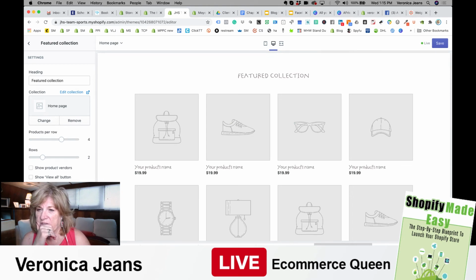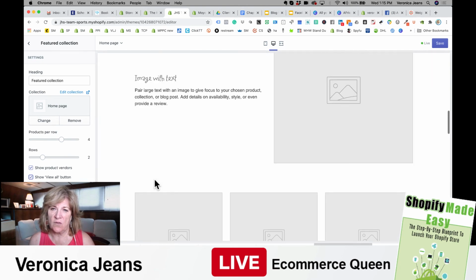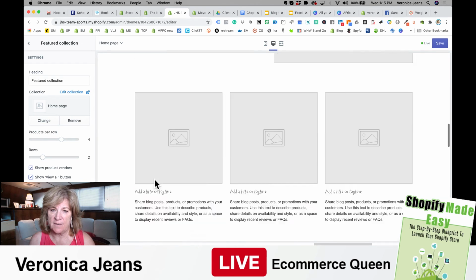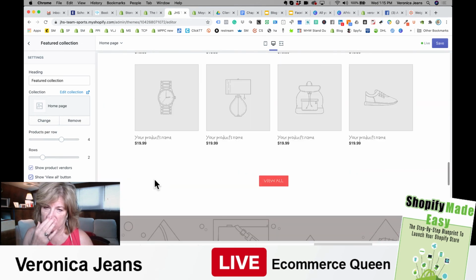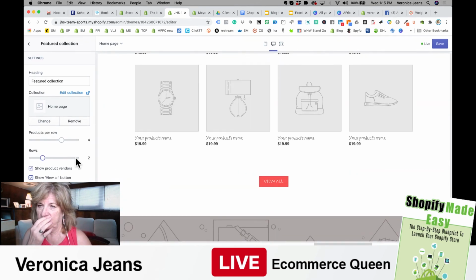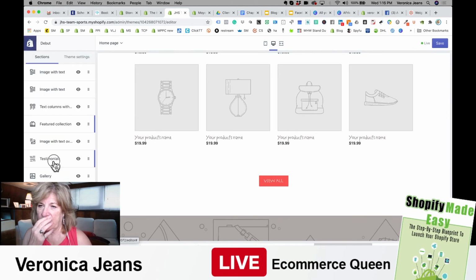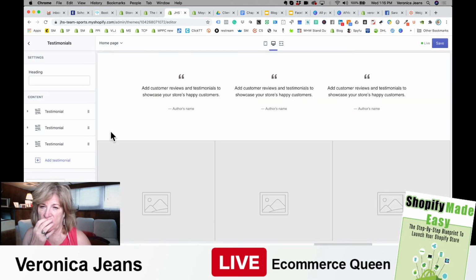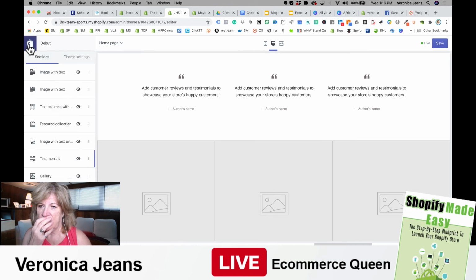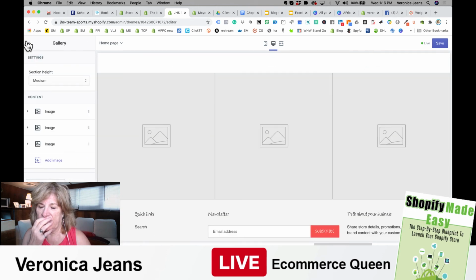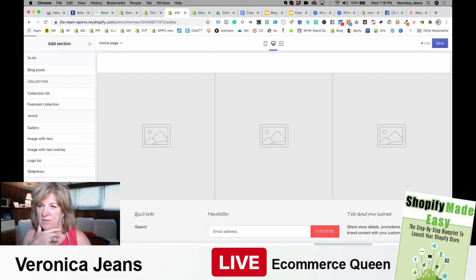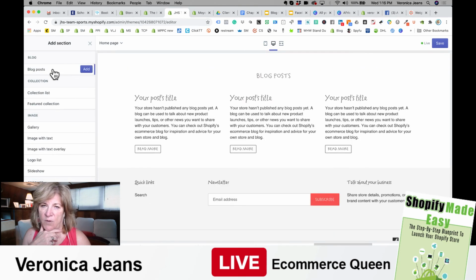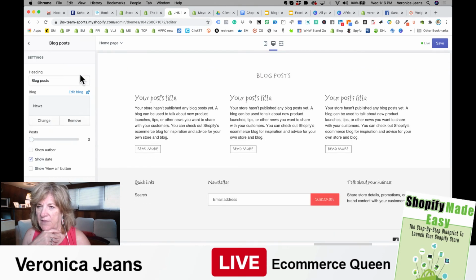And then show product vendors, show view all buttons. Again, see what it looks like on the page, so you can actually add more information. And then so yeah, play with it. So these are the testimonials. Add your testimonials, your gallery, you know, and you can add your blog in here. Let's have a look. Blog. You can add your blog posts in here, and then you add